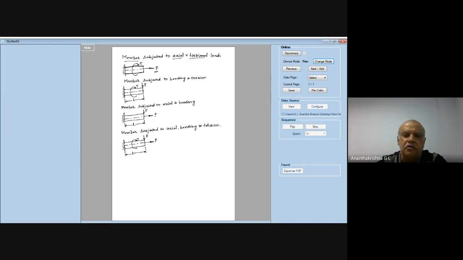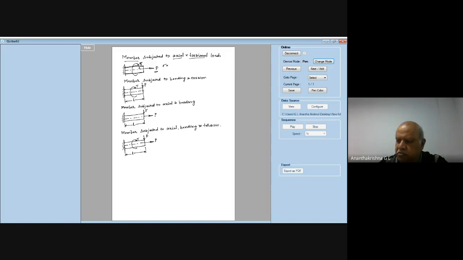P, the axial load, is the load which is acting along the axis of the member, and at the same time it is subjected to torsional load, or it is subjected to twist. Essentially a shaft, it's a twist. The area of cross section will be known depending upon the type of cross section. So when you have a member which is subjected to axial and torsion,